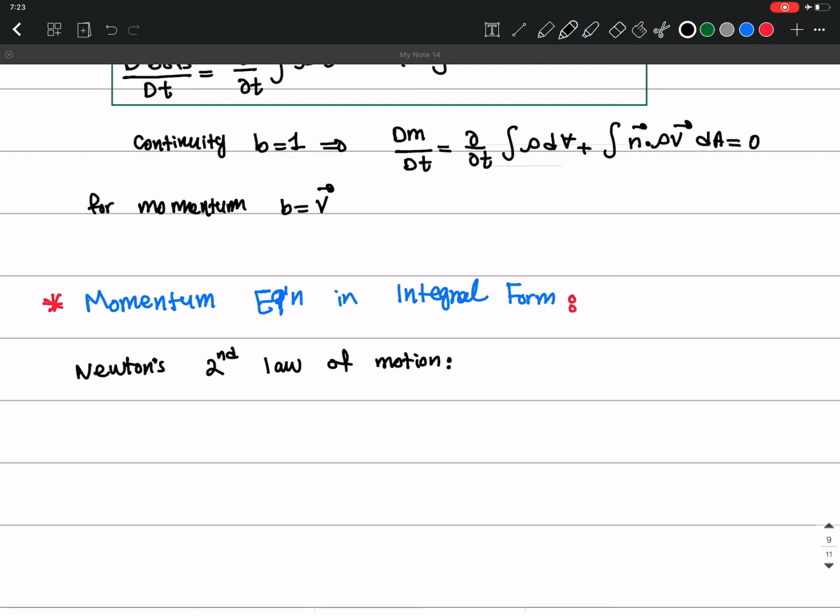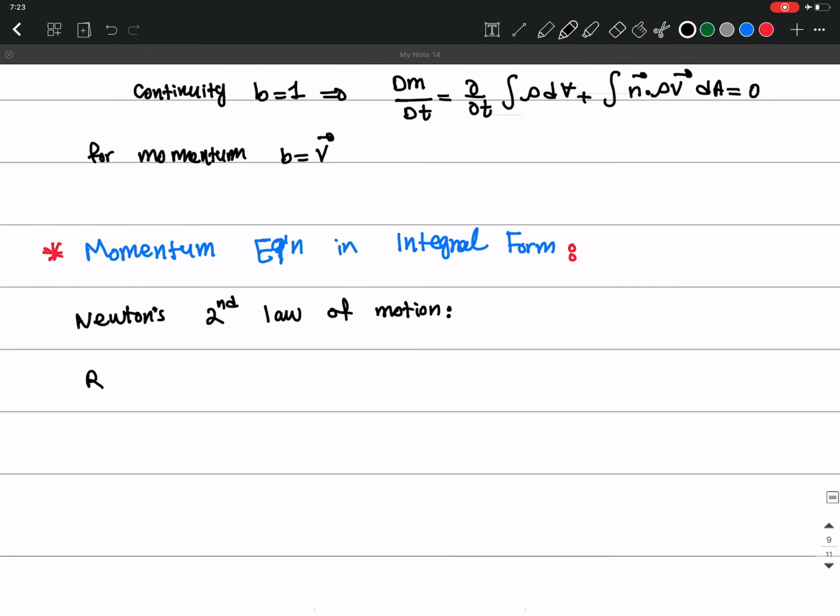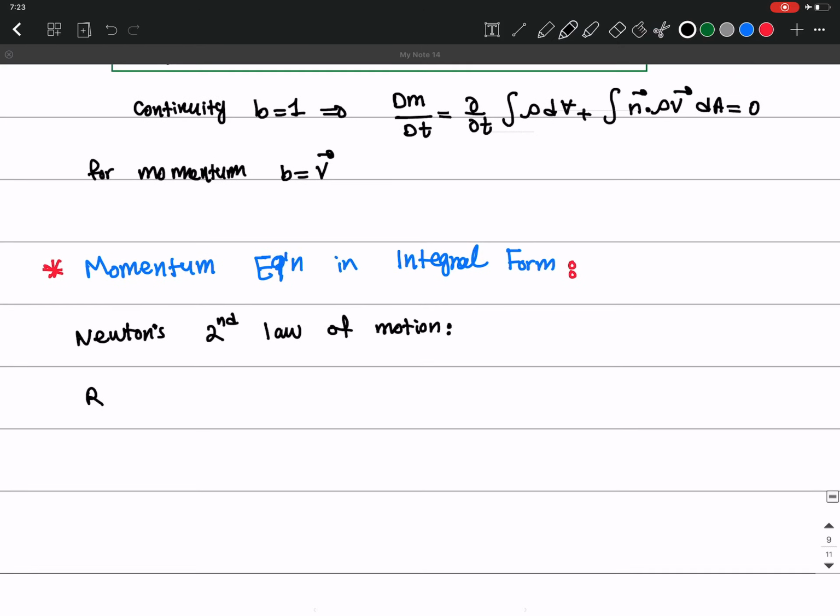So what we are going to say is rate of change of momentum inside CV,